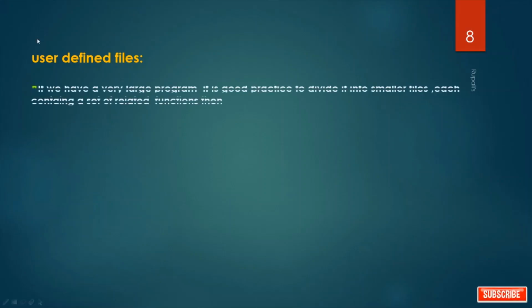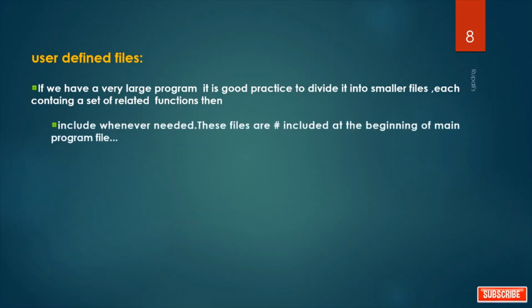Another type of file which can be included by the user is the user defined file. If we have a very large program, it is good practice to divide it into smaller files, each containing a set of related functions. Include them whenever needed.